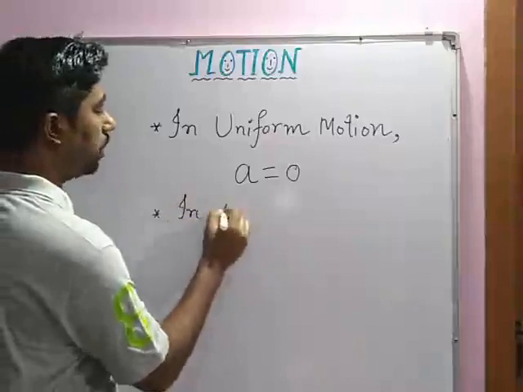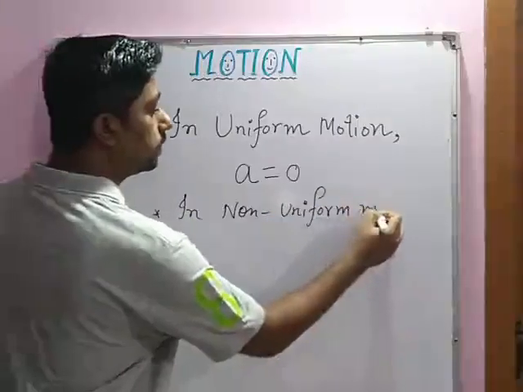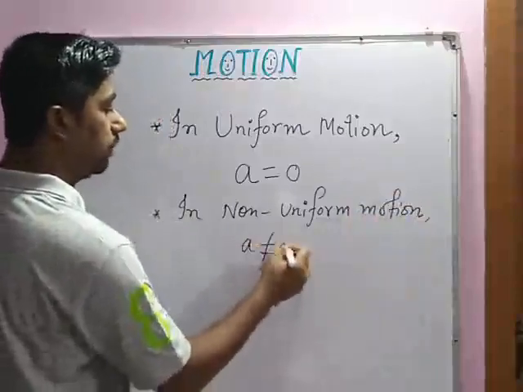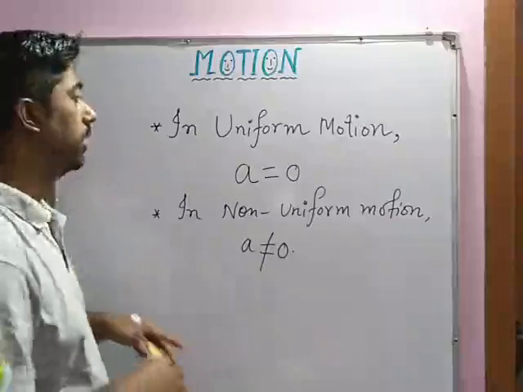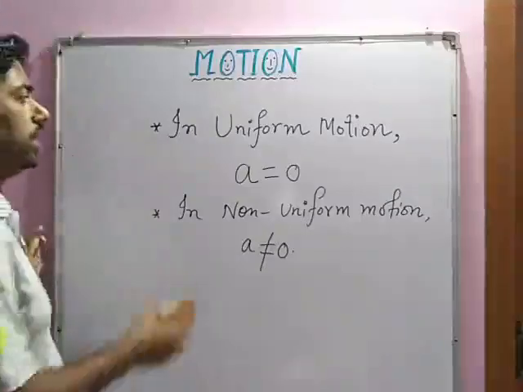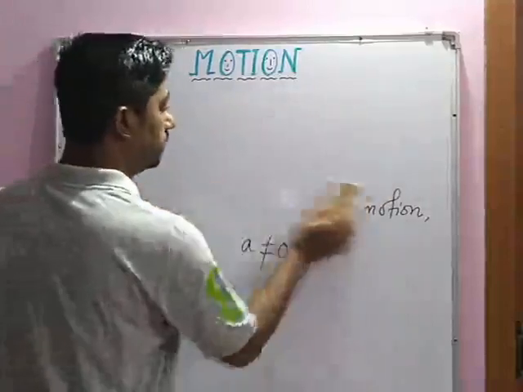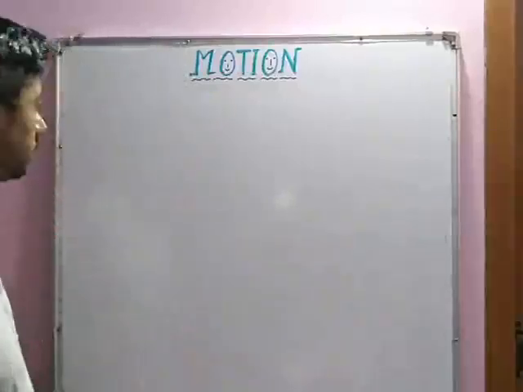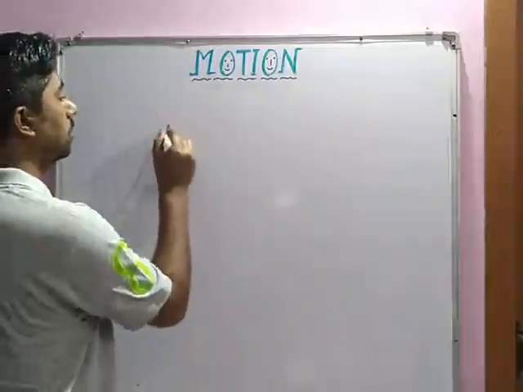So in non-uniform motion, acceleration is not equal to 0. We will discuss more upon this physical quantity, but let us first write the definition of this new quantity, acceleration. Okay? Let's see how we can write. Okay, so acceleration